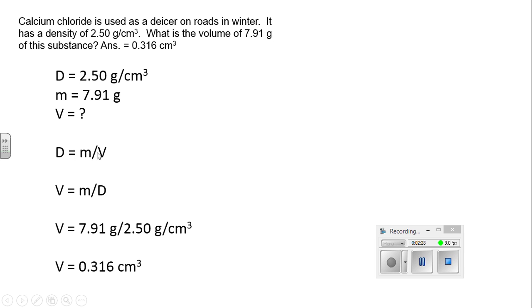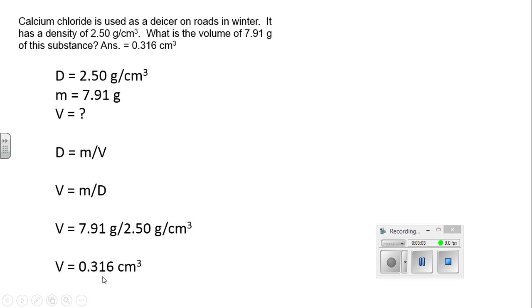Since density is mass over volume, if I rearrange this for volume, multiply both sides by volume, divide both sides by density. Volume is mass over density. Here's the mass that was given in the problem, 7.91 grams. Here's the density given in the problem, 2.5 grams per cubic centimeter. And the units are going to cancel out. The grams will cancel out the grams. The cubic centimeters are on the bottom of a fraction, and they're a fraction, so they would flip up on top. And so I get